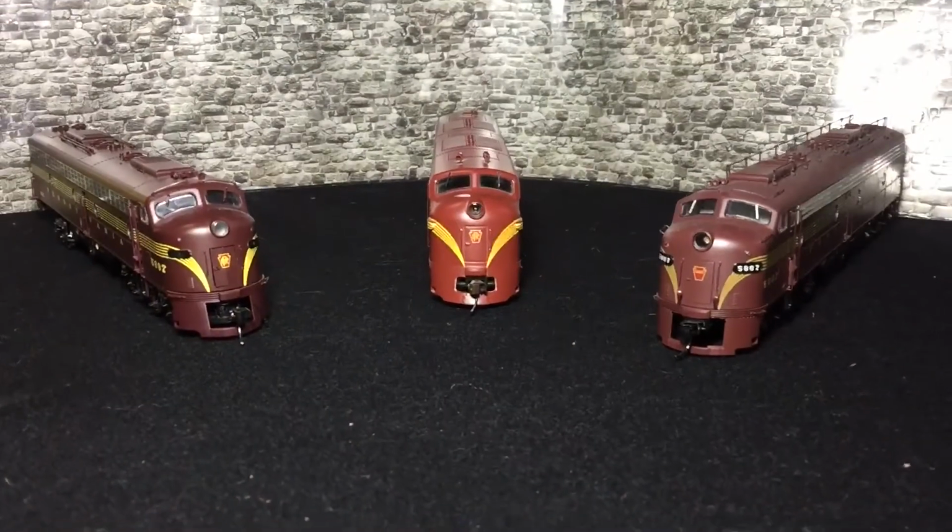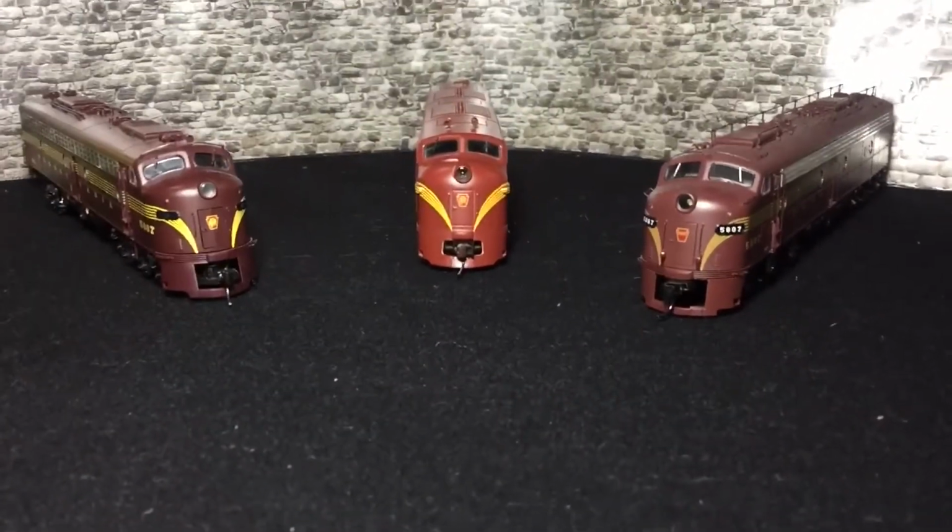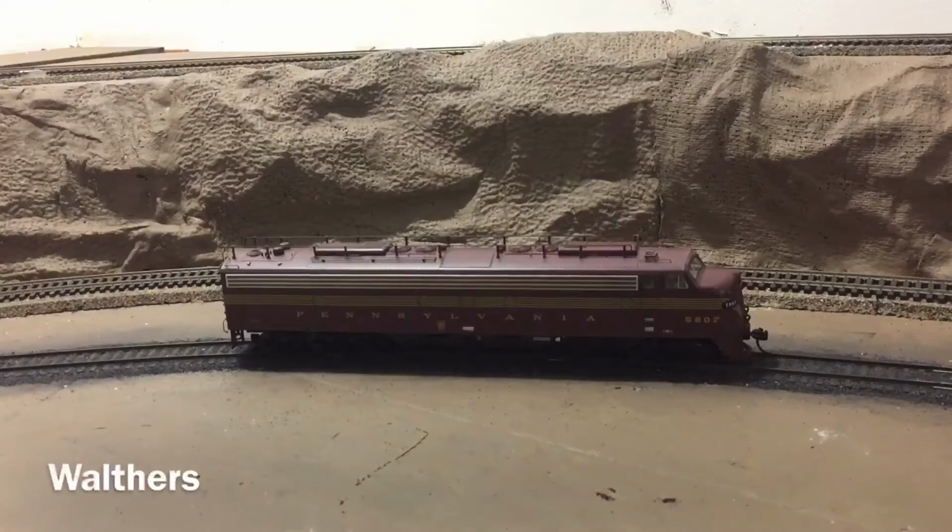So after the pull test, now let's get into sound testing. Okay, so let's get into some of the functions with the Walthers Proto E8. So the bell, the horn, brake squeal, and